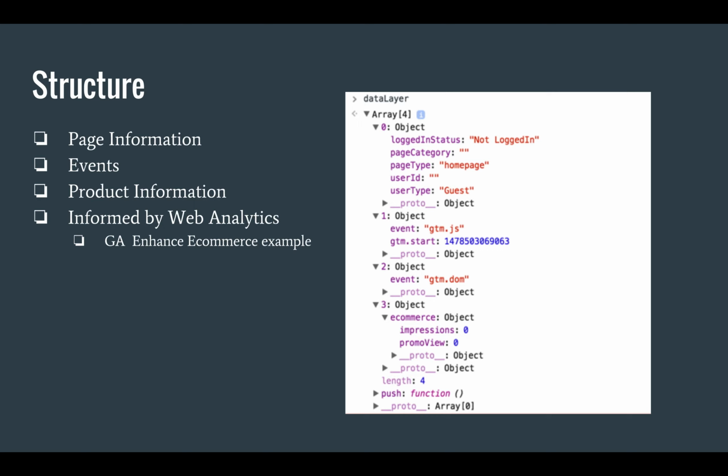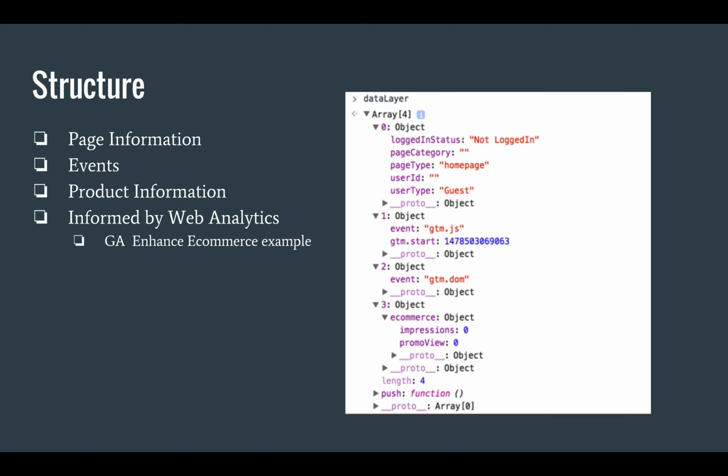That second object there, event gtm.js, that's again just a default timing event that GTM will pass in there. But that allows you to trigger different tags. And then if we had products on this particular page, you might have there in that third object e-commerce information, so product information, any views, any